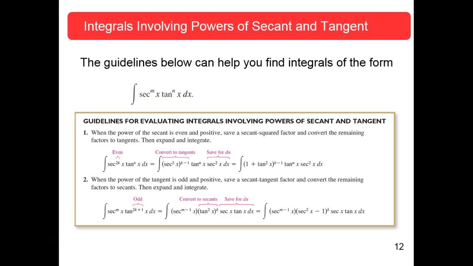Okay. When the power of tangent is odd and positive, save a secant tangent factor and convert the remaining factors to secants. Then expand and integrate. So your tangent now is odd. Now if your secant was even, you don't even have to go through this. But if the secant is odd, the tangent is odd,